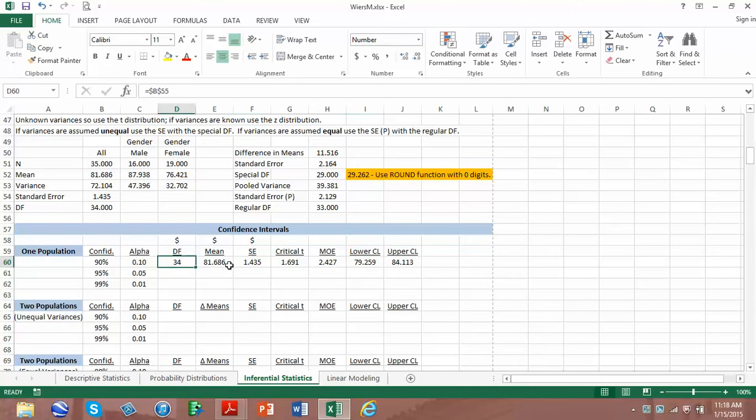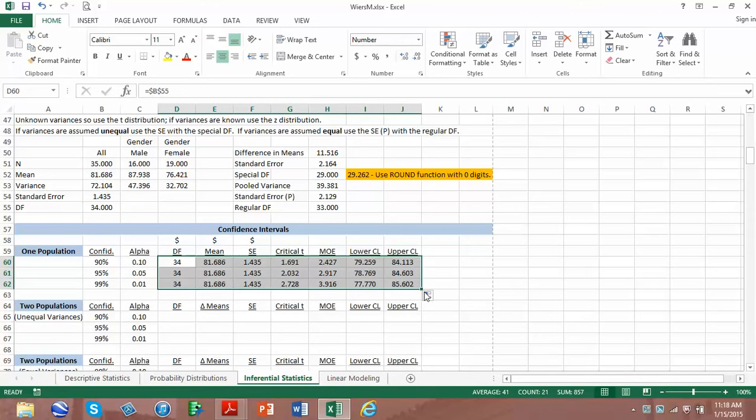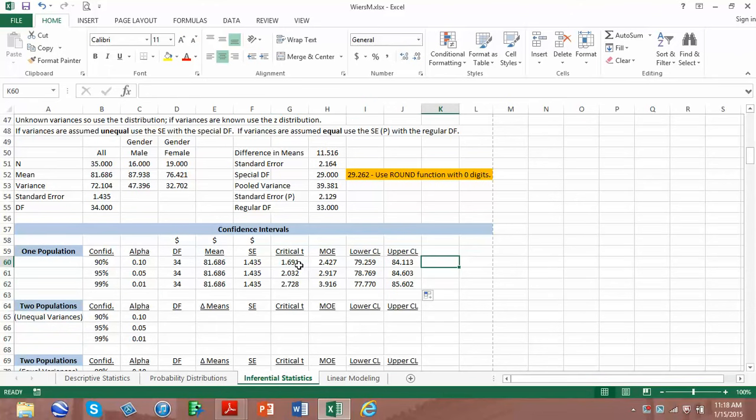Now we can take this whole line and drag it down, and we see that the dollar signs allowed us to lock the ones that we wanted to remain fixed and change the results of the values that depended on the degree of freedom or the alpha. So we see here now then we are 95% confident that the population mean salary is